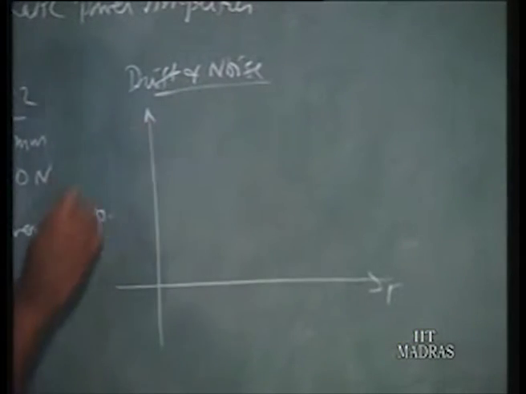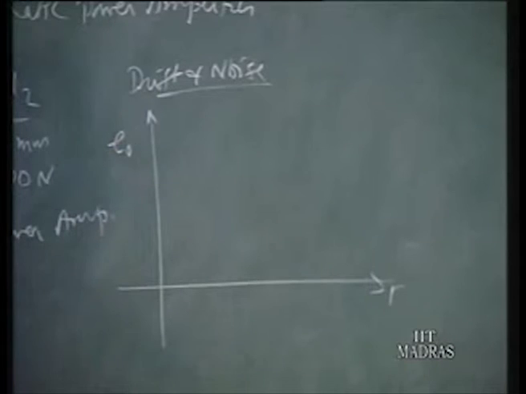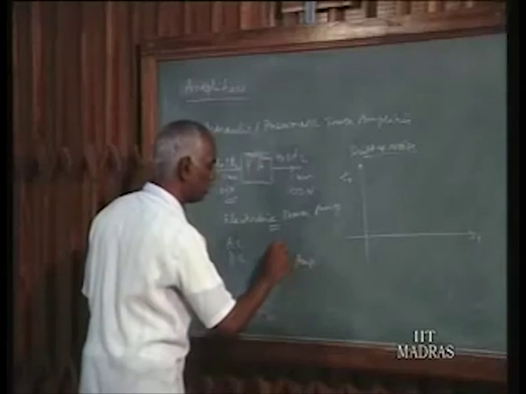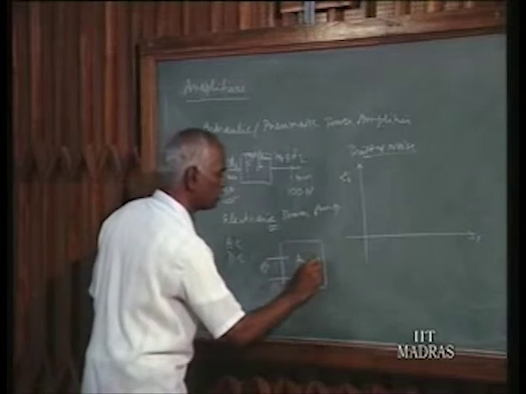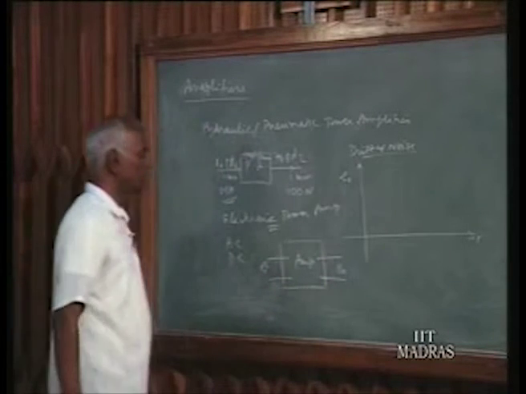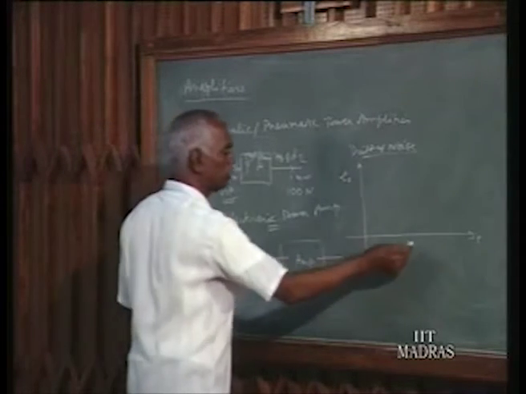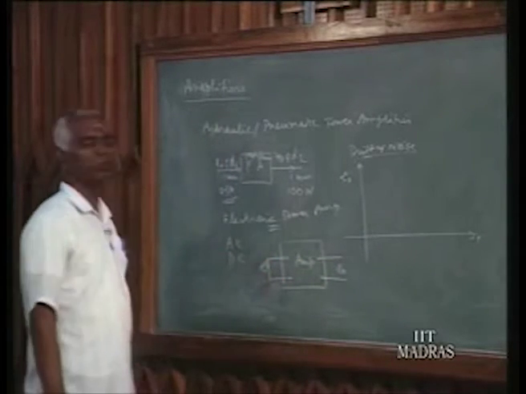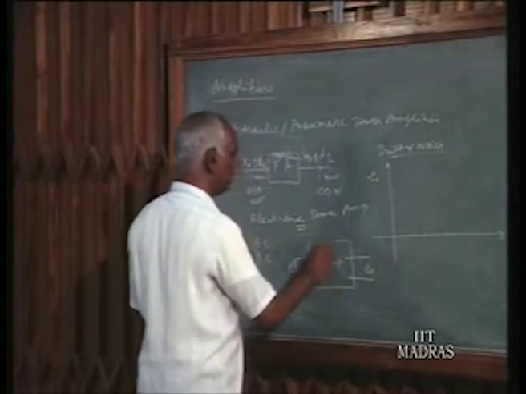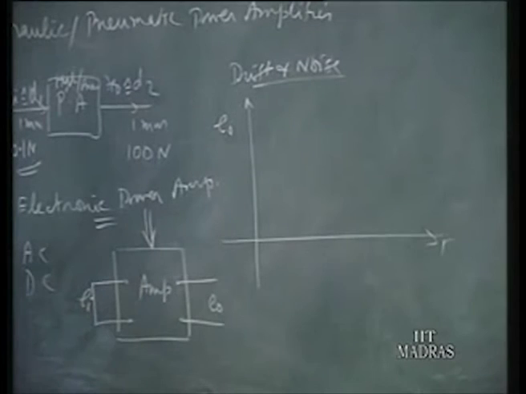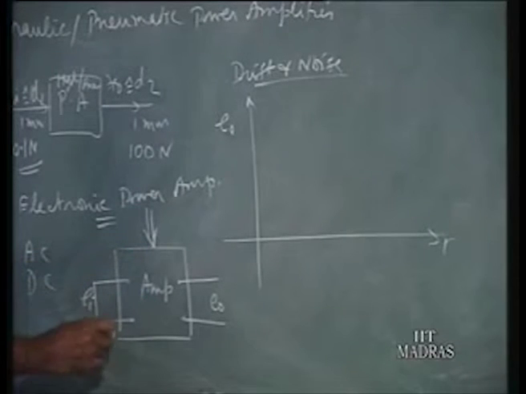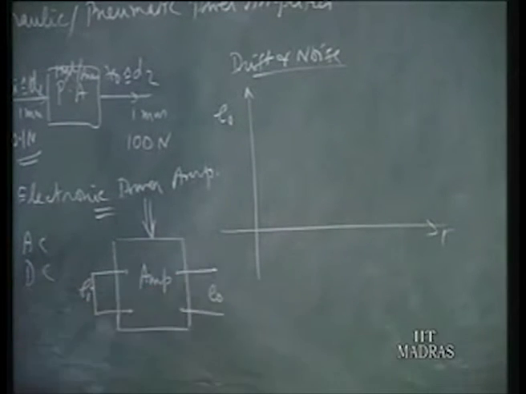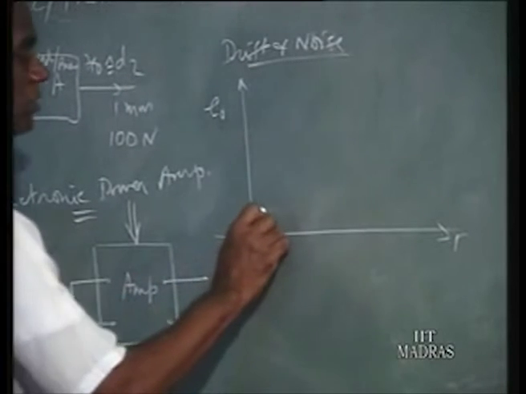Suppose this is time, and this is the output voltage of an amplifier. If you represent the amplifier by this block, this is your input signal, and this is going to be your output signal EO. At time t equal to 0, you short circuit these input terminals. Then you connect this amplifier, you put it into the plug where the domestic electric supply is connected to the amplifier. Now if you plot EO versus time, you find it varies somewhat like this.